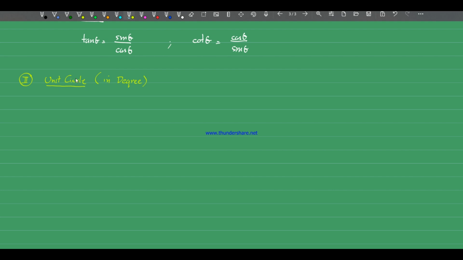Including examples, homework, everything is in degree mode. Okay, so what is unit circle? I have a circle, and I put that circle